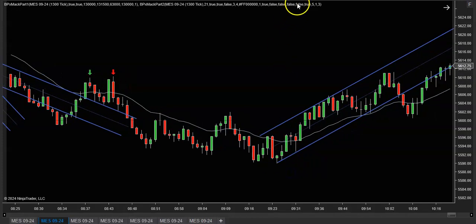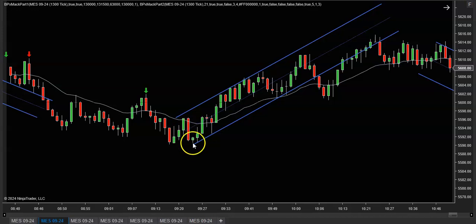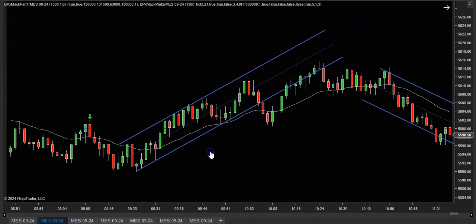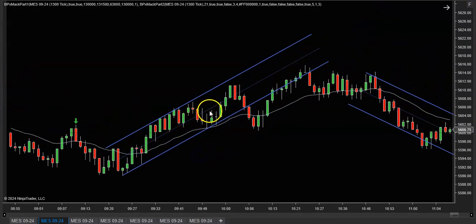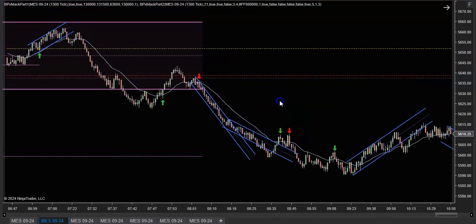And it does look like it's trying to reverse here. So I think that's aggressive, but it's a double top. Boom, bounces, higher low. Boom. And so look, by the logic I was using earlier up here,